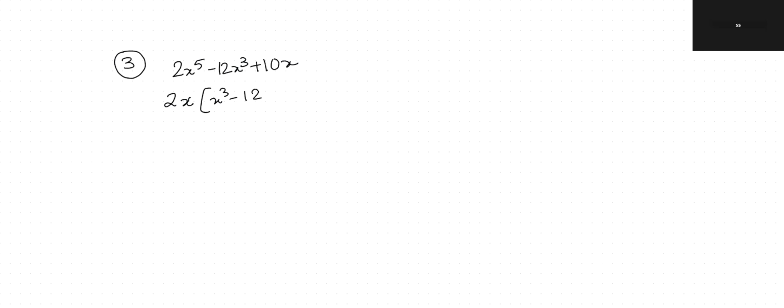sorry, x^4 minus 12x squared plus, sorry, this is x^4 minus 6x squared plus 5. Okay, so now we can do it two ways. Either we can put x squared as a and factor it out, or we can put this as the square of x squared. So x squared